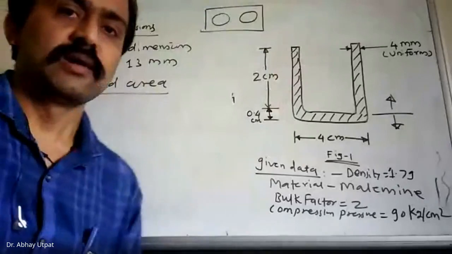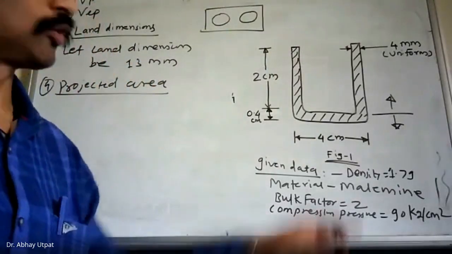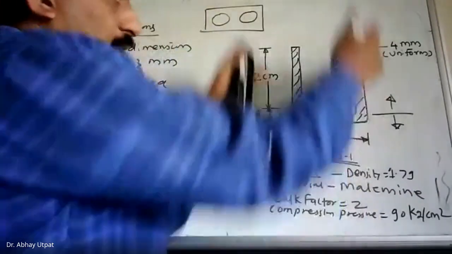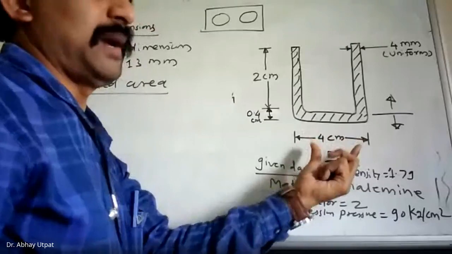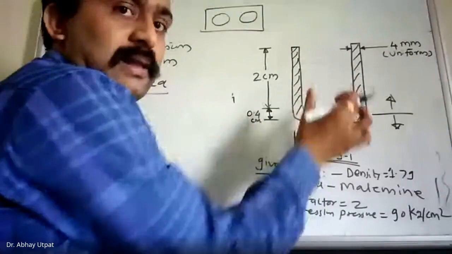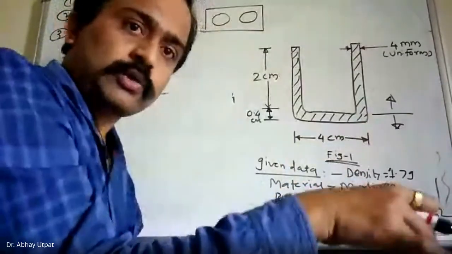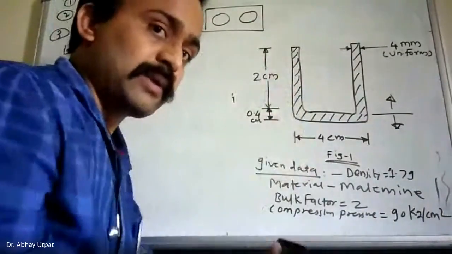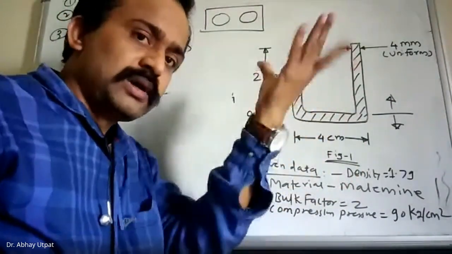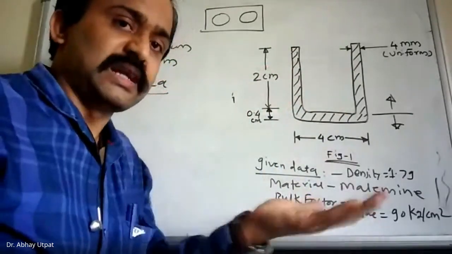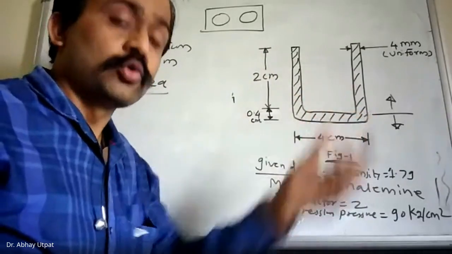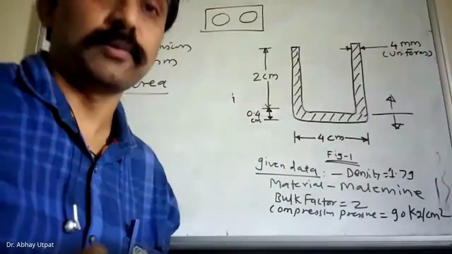Projected area is perpendicular to draw direction. So if you see, this part will be removed in this way. So that will be projected area, meaning outer diameter, pi by 4 d square. So don't consider this inside part. The cavity in which your component will go, the inner diameter of that cavity will be 4 centimeter. Outer diameter of this product will be equal to the hole diameter. Hole means that cavity diameter. I repeat once again, outer diameter of the product is equal to hole diameter, that is the diameter of that cavity.